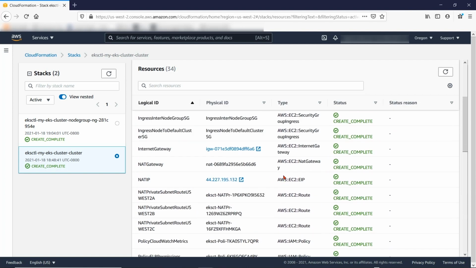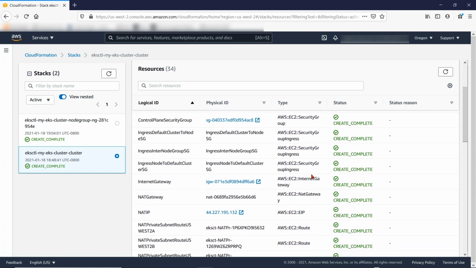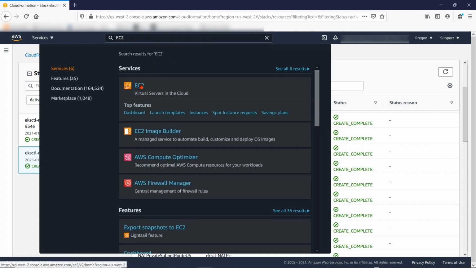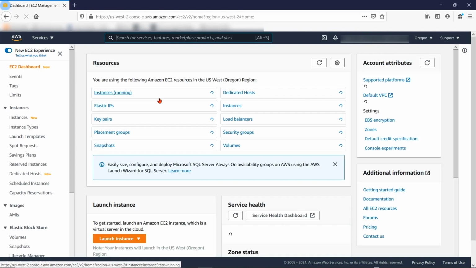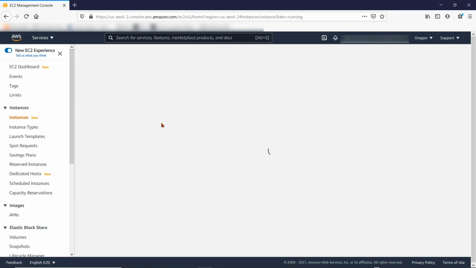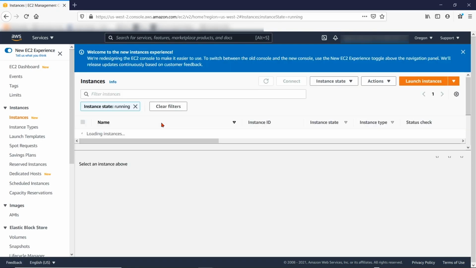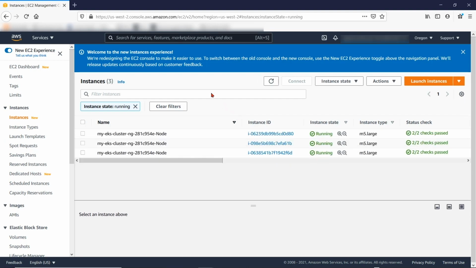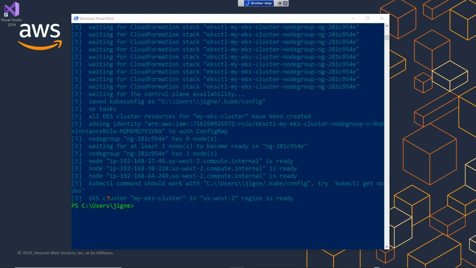Also, it has created a NAT gateway, and also it has configured an internet gateway. Now let's go to EC2. You can see here there are 3 worker nodes up and running as per our request. You can see our cluster is ready in the US West region.